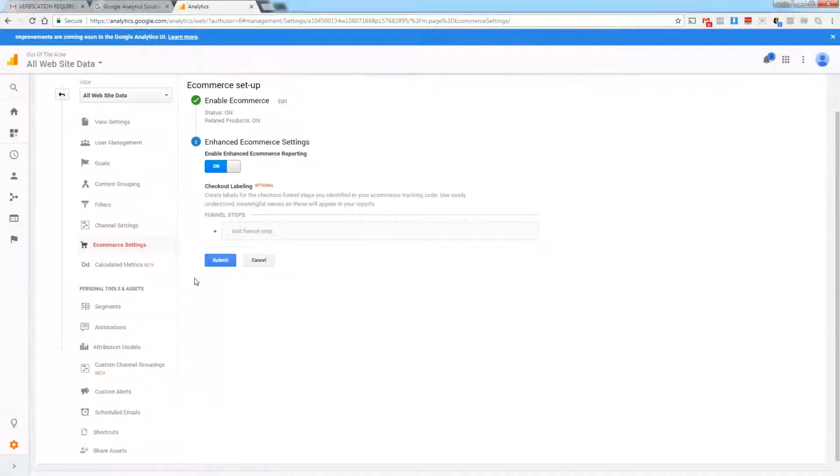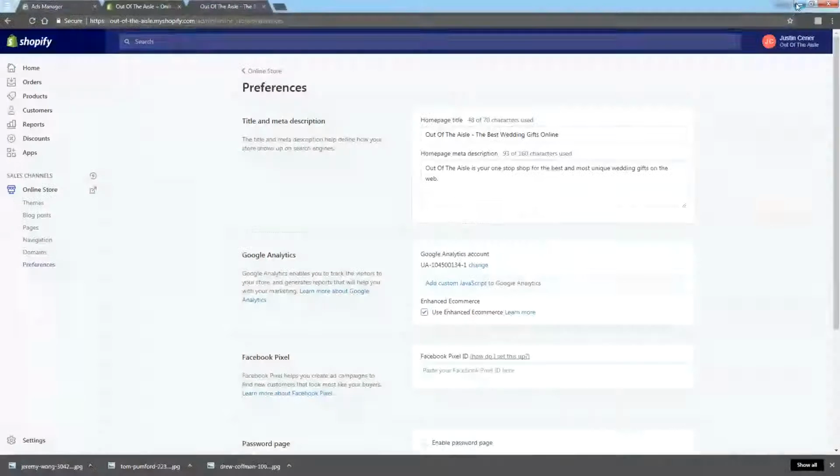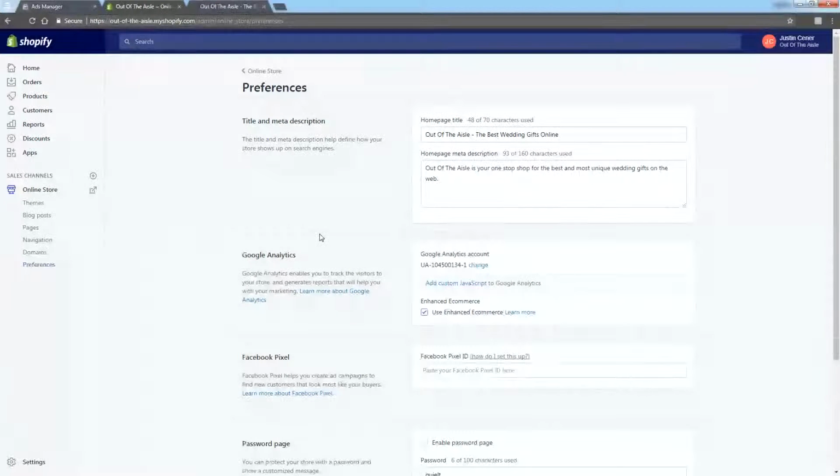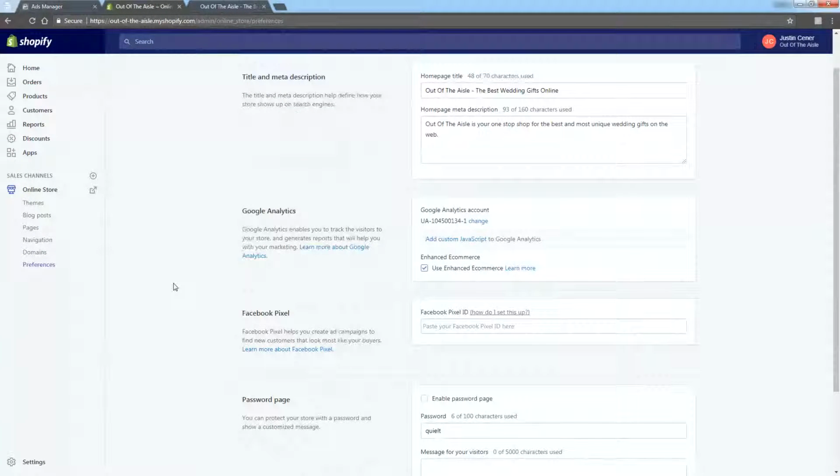Like I said, product sales information, all the stuff that you need to really have a good grasp of your numbers. Okay. And Google Analytics is now fully set up, right? Very, very easy. Like if you thought Google Analytics was something that only developers or coders could do, forget about it. It's so easy. It's already set up. Okay. One more thing that we need to do on this preferences page,